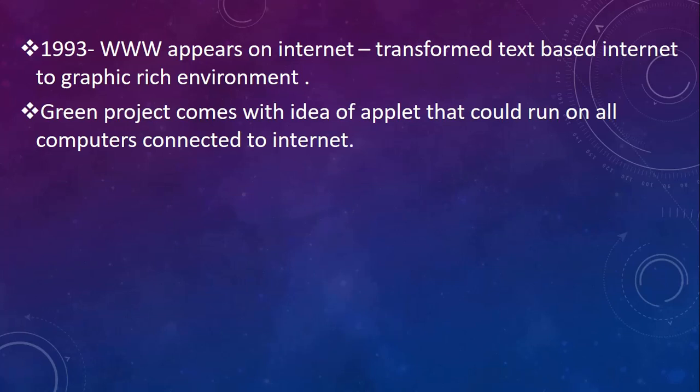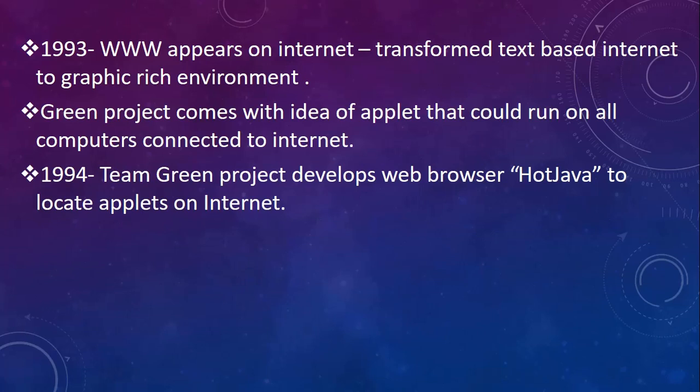Now what is this applet? An applet is a small snippet of code. So you have a server and this applet will reside on the server. The HTML file on the server that is to be sent to the client will have one tag called the applet tag, and the applet will be residing on the server. Now when the client requests a page, for an application, this HTML document along with its applet is sent to the client. So basically from the remote server, the applet gets downloaded on the client machine and it runs on the client machine. So this was basically the idea that the Green project team proposed.